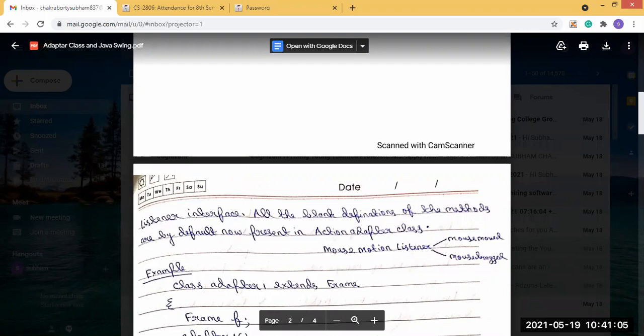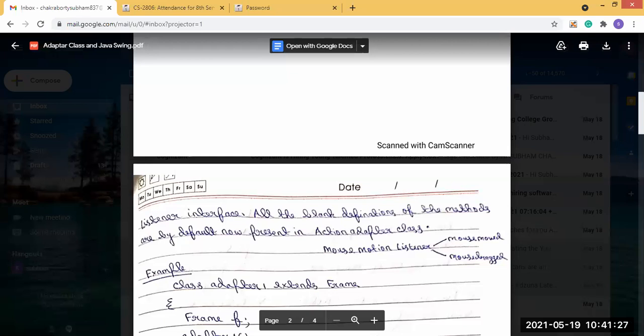So if any listener is used, all of its methods are present, and the blank definitions of these methods are present in that particular listener's adapter class. Like for the mouse motion listener, the adapter class will be the mouse motion adapter class.